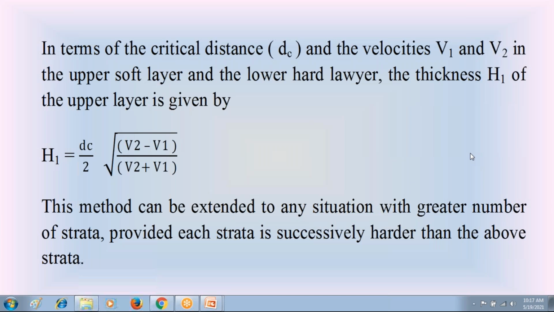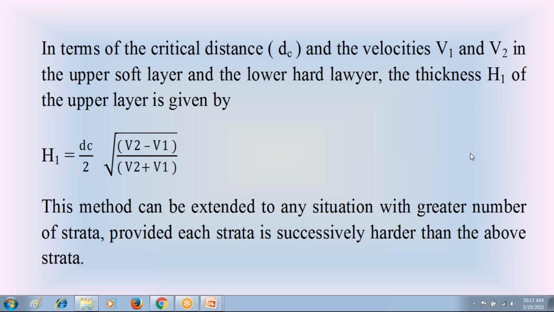So by using that graph, the distance of the geophone from the source is taken on the x-axis. The time of receiving the shock wave by the geophone is taken on the y-axis. You can prepare that graph. That graph normally has different portions of straight lines. If it is a two soil layer system, you may have two different straight lines in the graph. Those two straight lines meet at a common point, called the critical point, where there is a change in the soil strata.